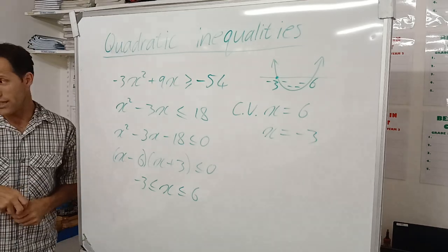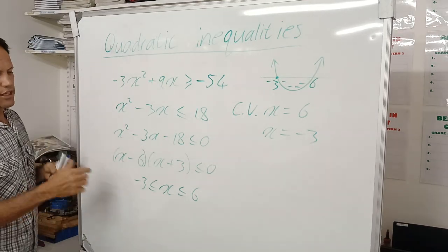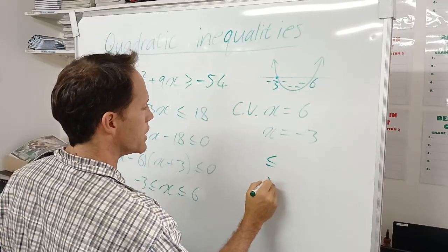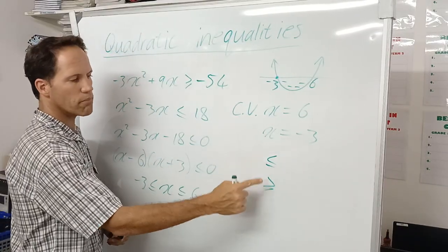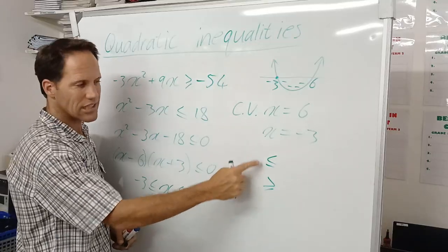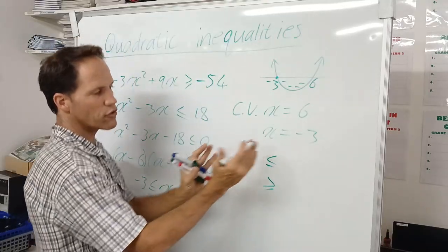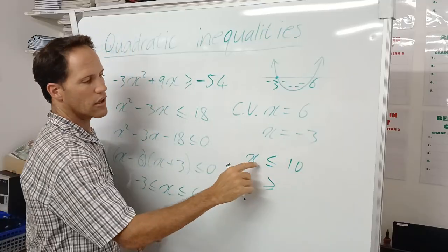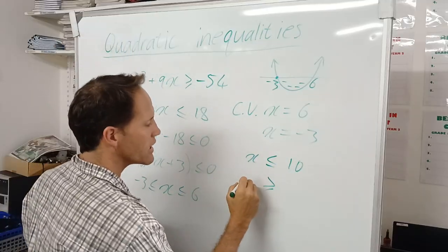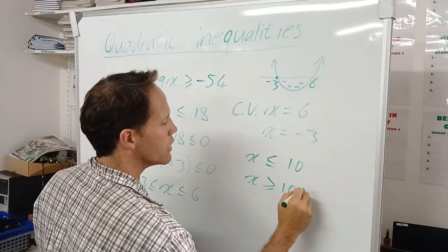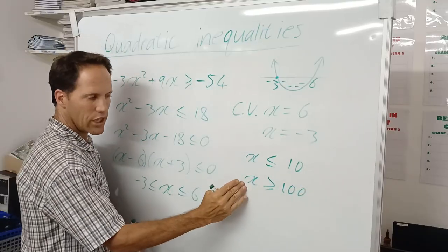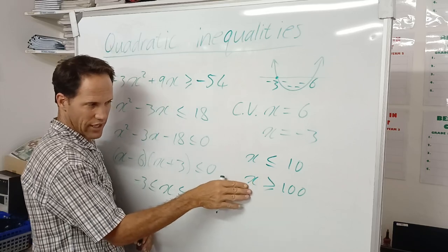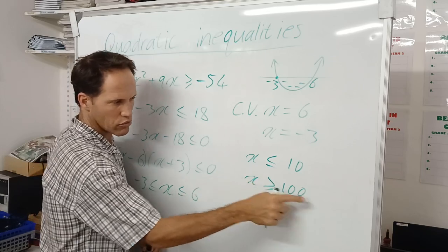And then how you read it. Okay, you read it. So like we said, this is a smaller as sign and this is a bigger as sign. Bigger, smaller equal, bigger equal. Okay, but it is like this because we read from left to right. If I say x is smaller or equal to, let's say, 10, then this is a smaller as sign. If I say x is bigger or equal to 100, because I'm reading from here to there, x is bigger, I'm looking from x, and then it's bigger or equal to 100.